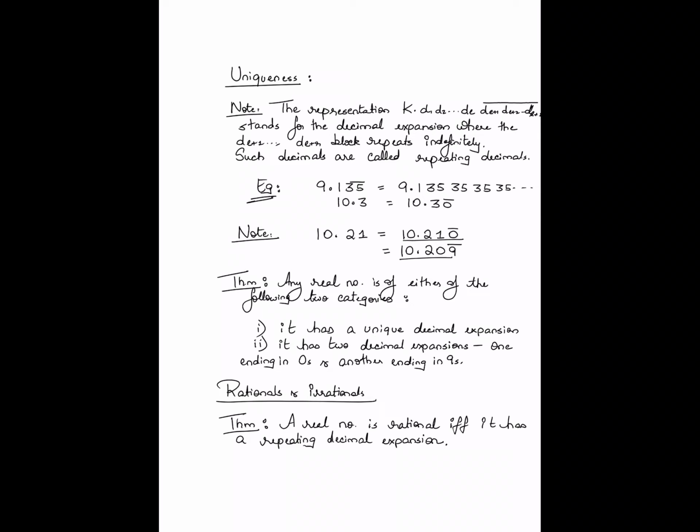So what the theorem tells you is that rational numbers are precisely those real numbers for which the decimal expansion is repeating. In other words, irrational numbers are precisely those numbers where the decimal expansion has no repeating component. So there is no block such that after a certain point that block will repeat indefinitely. So irrational numbers are exactly those real numbers that satisfy this property. Again, I'm actually not going to go into the proof of this.